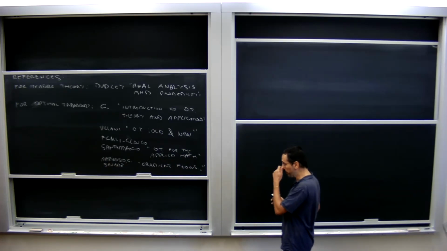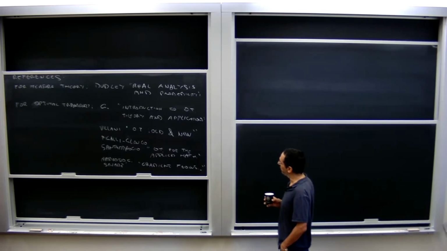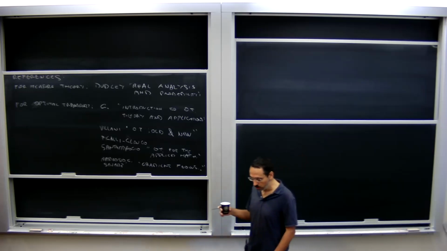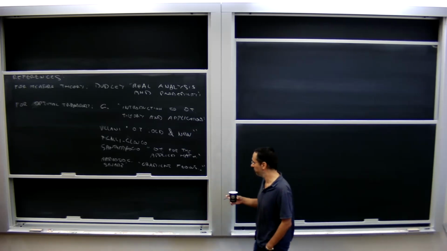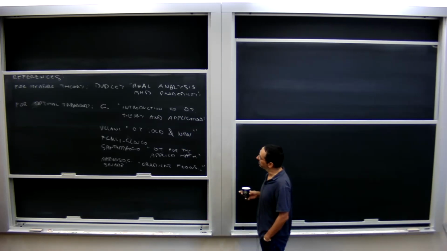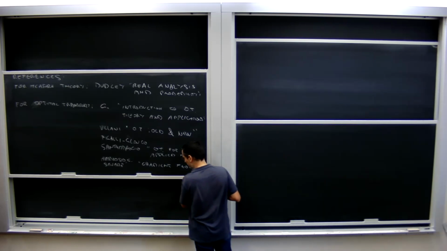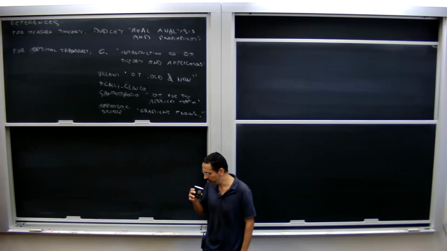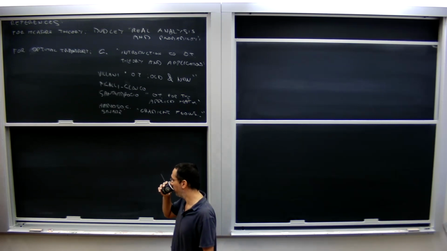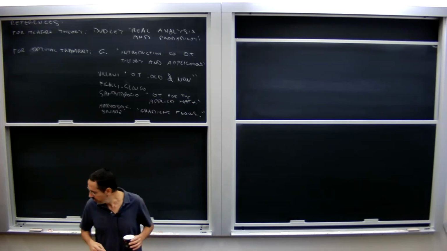There's a book by Santambrogio, Optimal Transport for Applied Mathematicians, that also covers at least some of the generality of what we will need, although we will go quickly to metric spaces and so on. That is not very much covered by the book, but still, the basic ingredients of the theory are there. And then there is the book by Ambrosio, Gigli, and Savaré about gradient flows on metric spaces and in the space of probability measures, that also covers most of what I've done and will do in optimal transport. Okay. With that said, we can start.